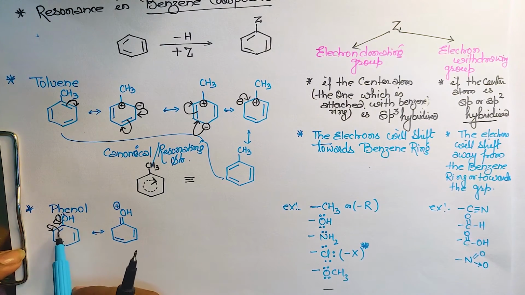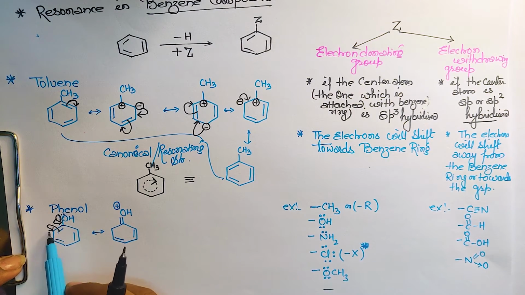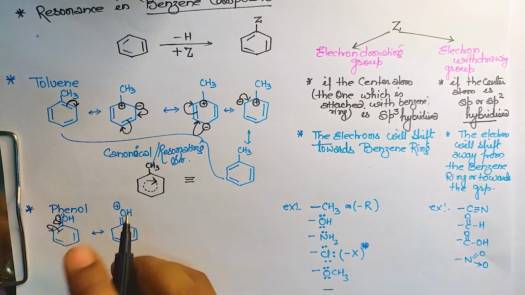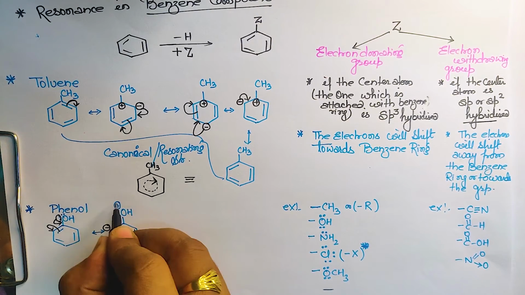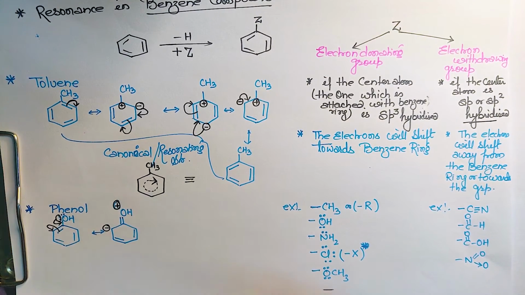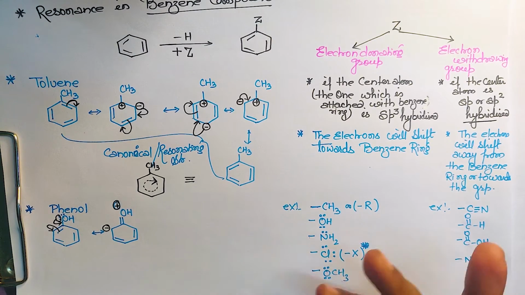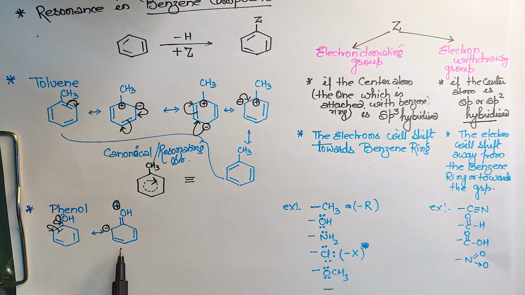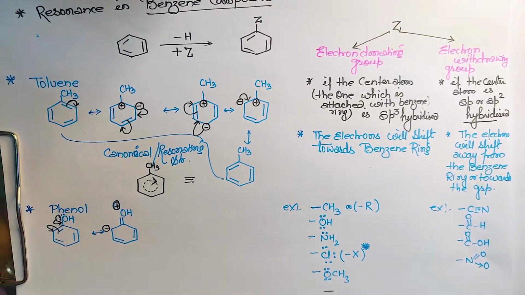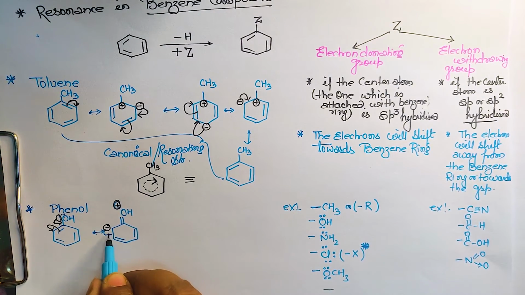Now this bond has shifted in this direction, so here it will have negative charge. This will be the negative charge. Any problem? Clear hai? Now again the negative charge is there and the bond is there. Which will move first? Negative charge. Where? Towards the benzene ring. So that's why it will move here.